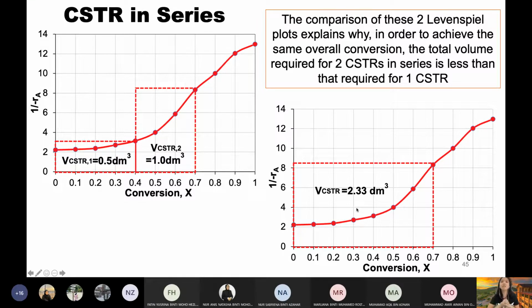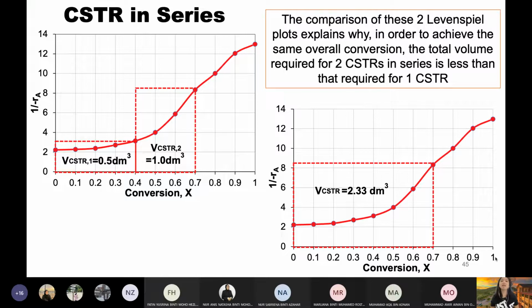Okay, let's say your superior says we are not buying new reactor. You have to make do with the existing reactor. Means kamu tak boleh beli reactor, kamu kena make do dengan apa yang ada. So you go and check your plant. Let's say there are no existing reactor dengan volume 2.33 ni. Okay, so if you don't have the knowledge, you will think, okay lah, tak boleh run lah. Saya tak ada reactor volume 2.33 ni, memang tak boleh run lah.